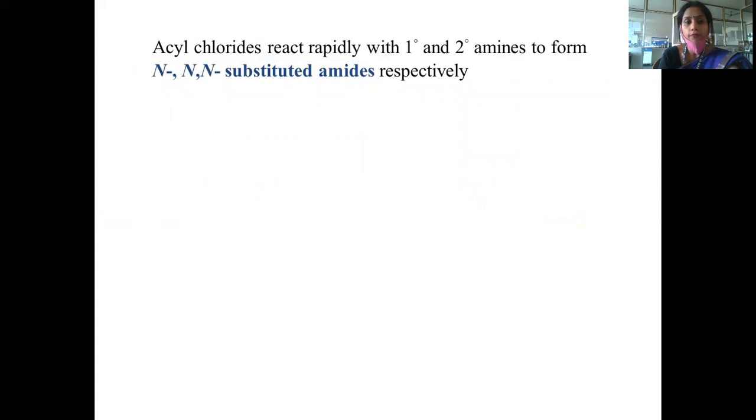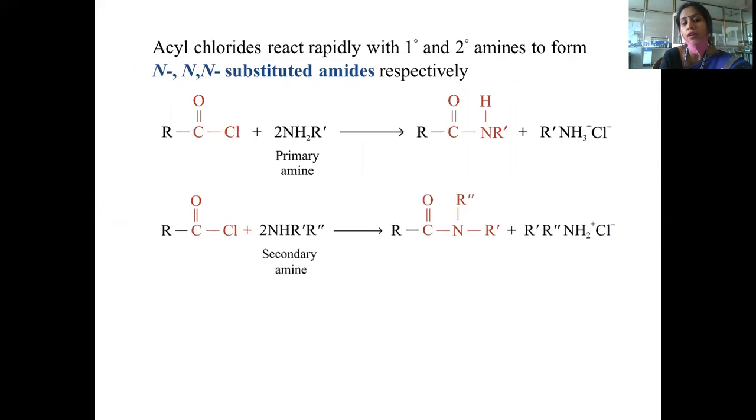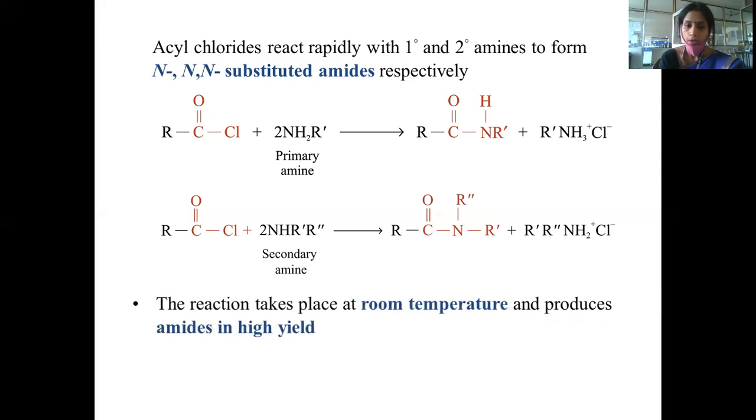Okay. Similarly, if in case of ammonia we are using primary amine or secondary amine, respective products will be obtained. In case of primary amine, the amide obtained will have an alkyl group, so it will be called N-substituted amide. If it is a secondary amine which already has 2 alkyl groups, and that gets incorporated and forms the amide, it will be named N,N-disubstituted amide. And this reaction occurs at room temperature and it gives good yield of the amides.